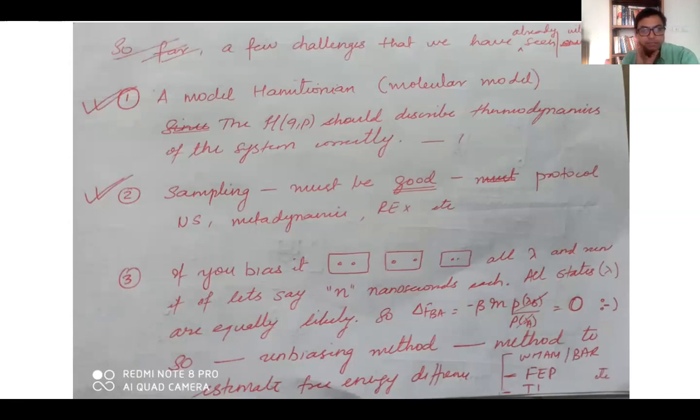So this brings me to the end of the last lecture. What we talked about was the requirement of a Hamiltonian that you can trust, and I said that this is not a course about the development of force fields, but that's a major and important area of research, and there are lots of labs and people who have contributed to this and are still contributing. So we'll just assume that the force fields that we are taking are good enough, and go from there. Then of course I talked about the sampling.